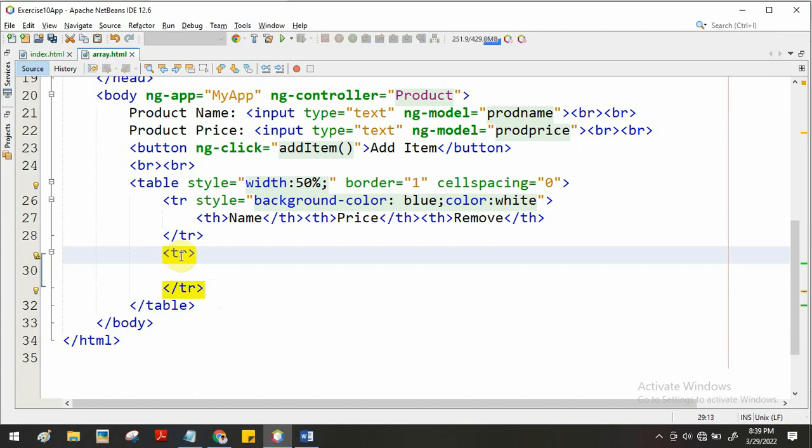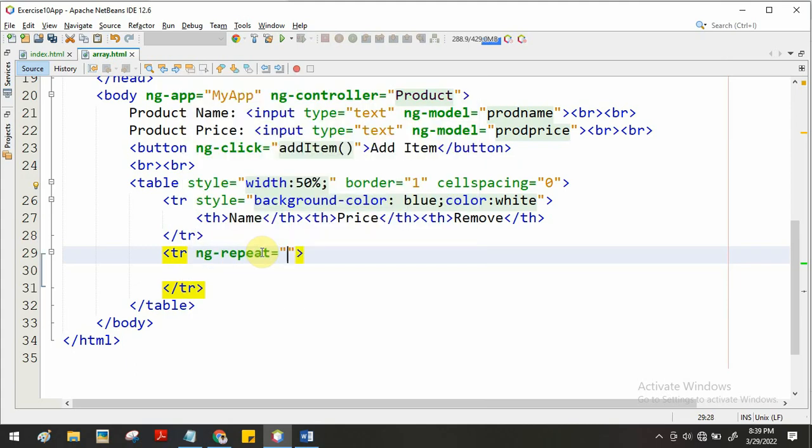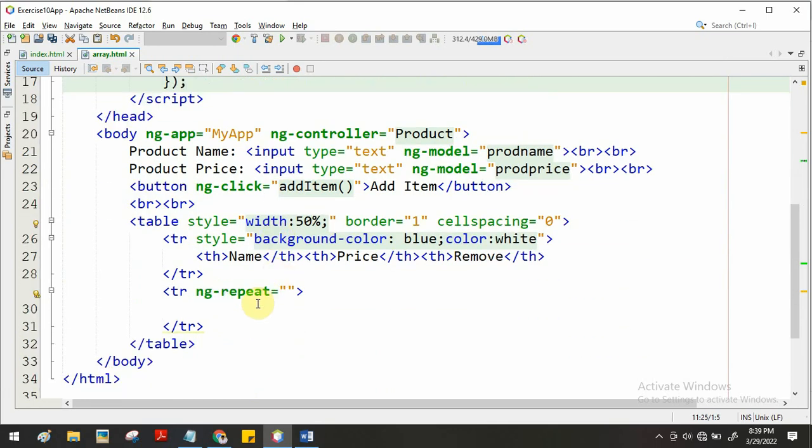For example, I want to repeat this table row, so I have to go inside and write ng-repeat. Inside ng-repeat, I have to take each and every value from the array. The array variable here is names. I can access this names directly here, and every item we can take like this: item in names